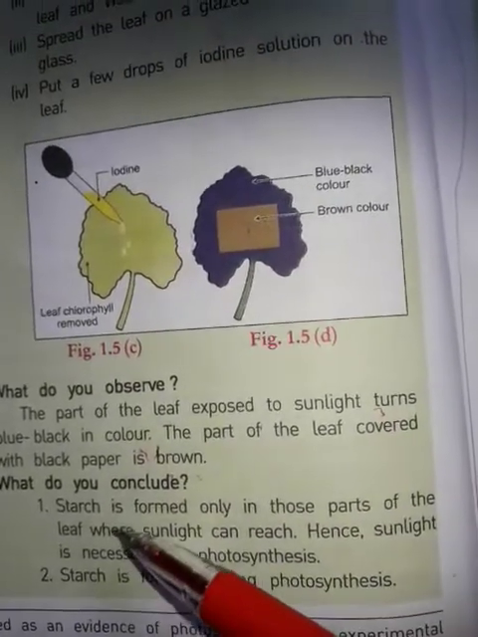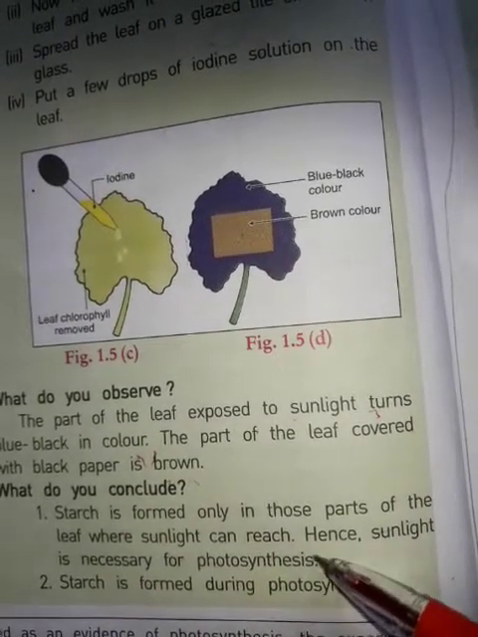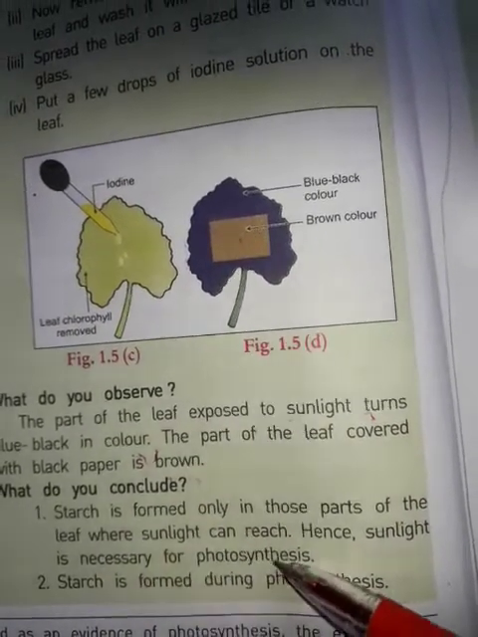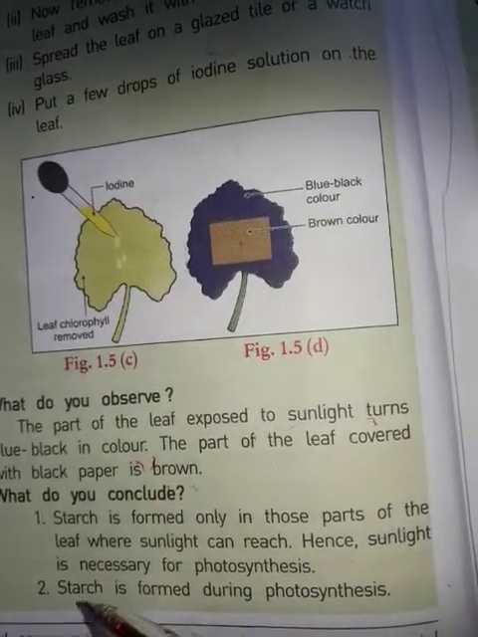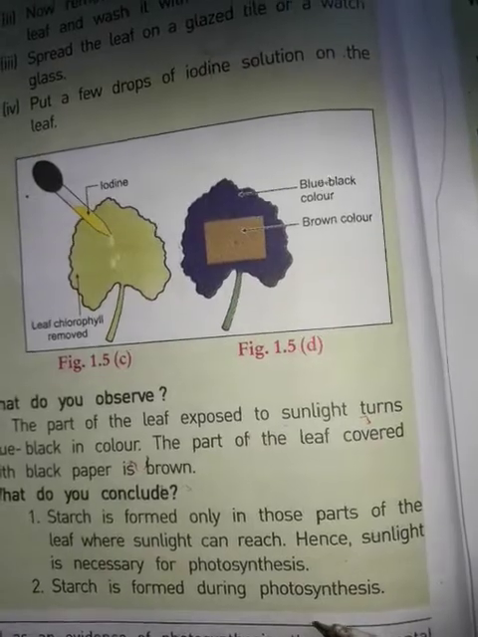And what do you conclude? Starch is formed only in those parts of the leaf where sunlight can reach, and hence sunlight is necessary for photosynthesis, and starch is formed during photosynthesis. Now you can see that